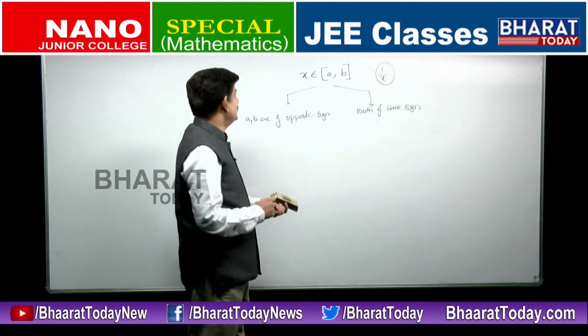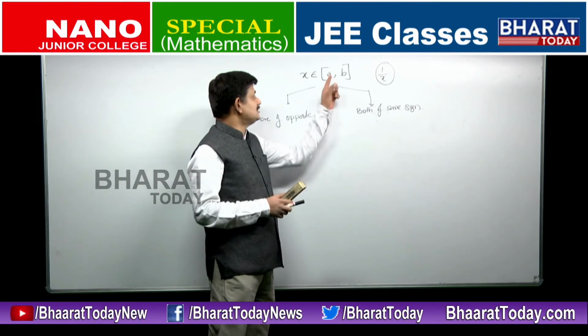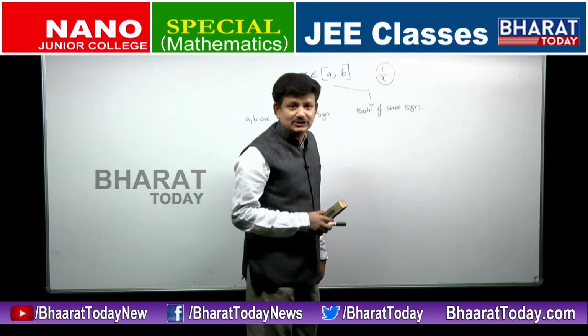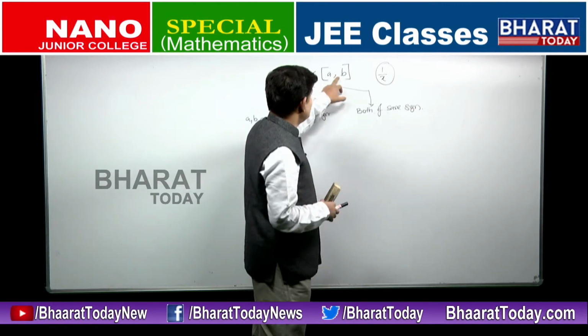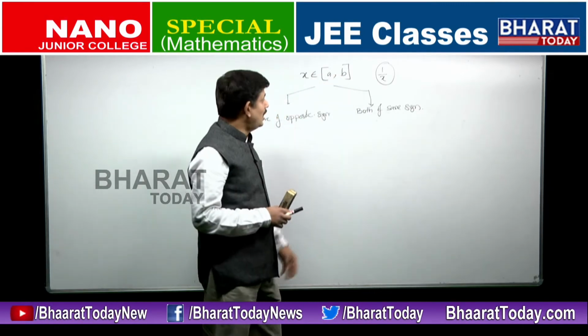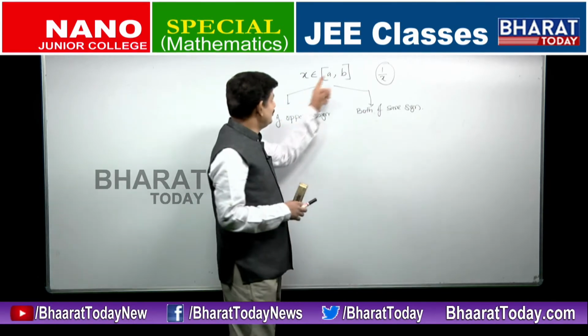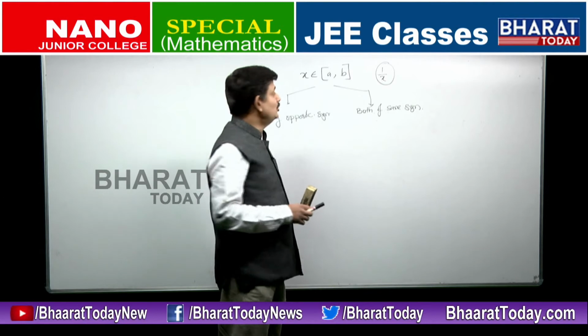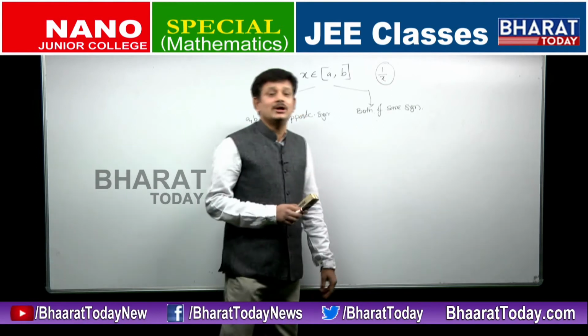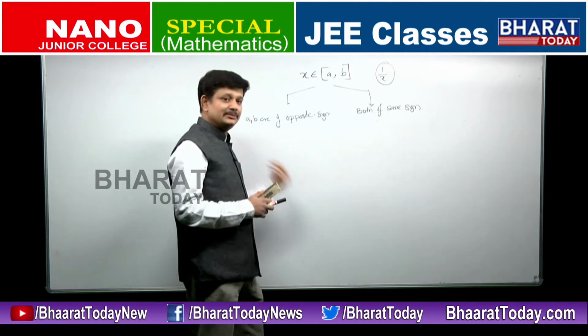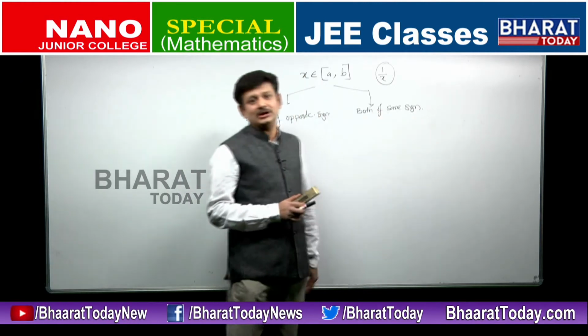What is the problem here? When they are of opposite signs, one number is negative, usually a will be negative and b will be positive. So x is also 0 in between, and you are taught that 0 will not have any reciprocal. So whenever you have 0 in between these two numbers, you have to remove that 0 before you write that reciprocal. That is the reason we are treating this case separately.